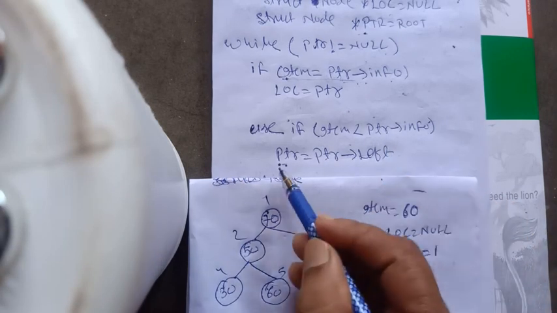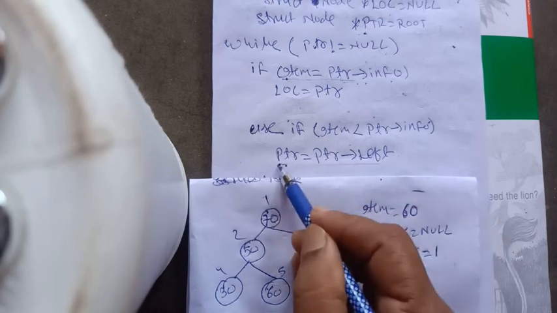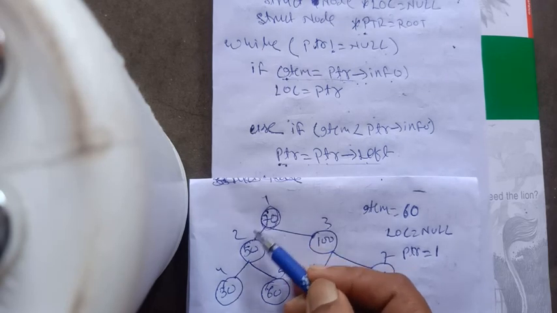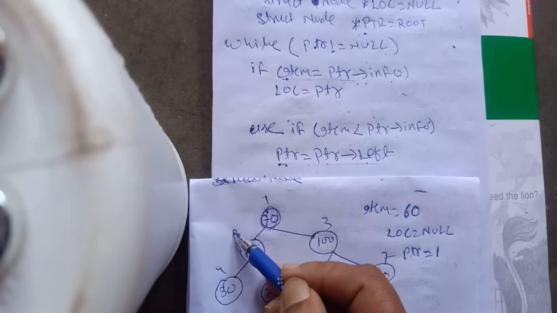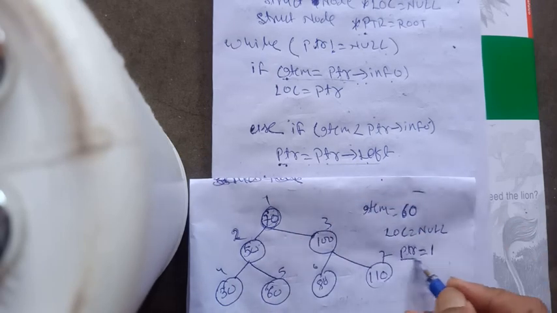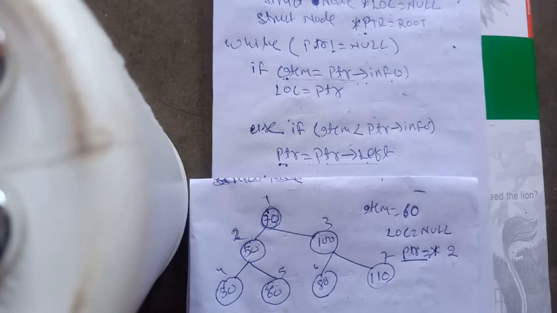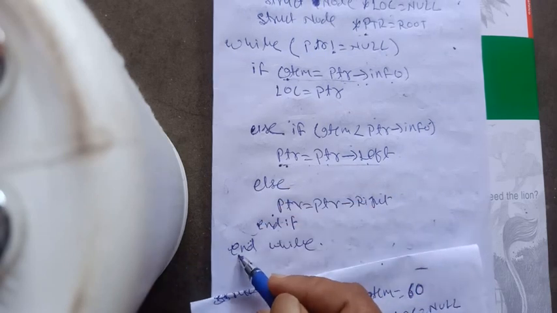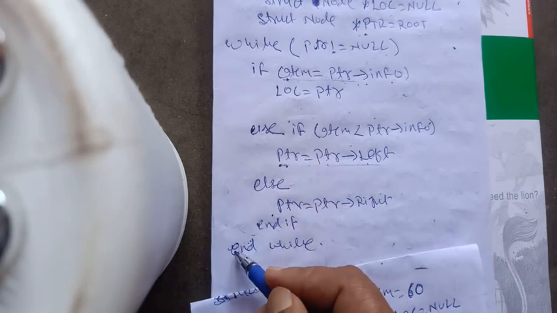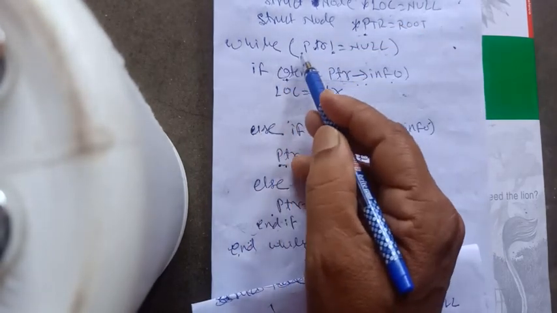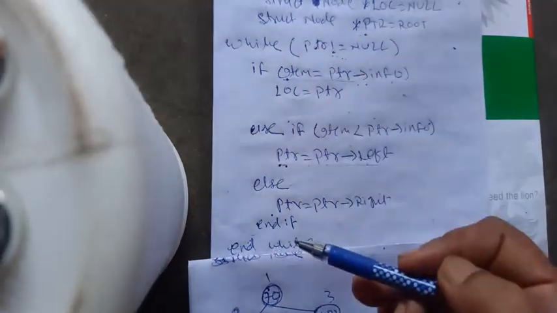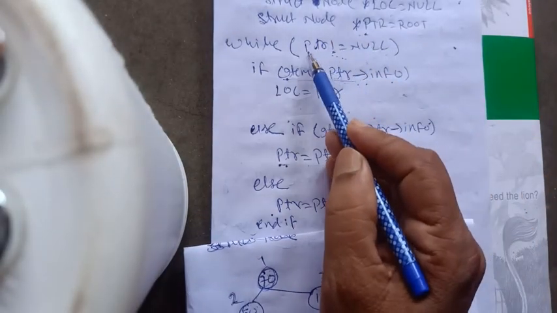In such a case, my ptr will now change. What will be my ptr? Ptr equals ptr of left. So what is the address present in the left of ptr? The address of left of ptr is 2. So the value of ptr will now be updated to 2. After this change, it will come to the end while portion because the else part will not execute, and then it will go back to the while part to check whether ptr is equal to null or not, and the loop shall continue. Okay, the moment I come out of the loop, either the moment ptr becomes null.